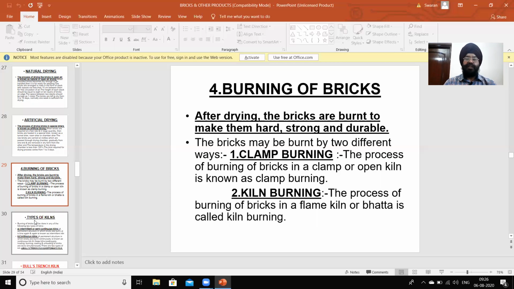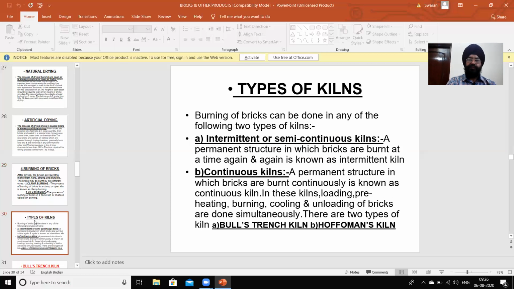Second is kiln burning: the process of burning of bricks in a flame kiln or pattha is called kiln burning. So, types of kiln. Burning of bricks can be done in any of the following two types of kiln.